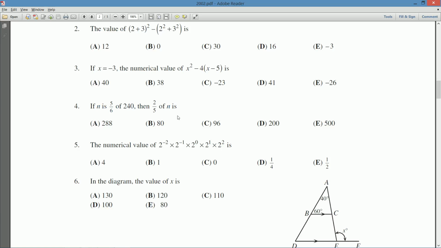Okay, so there's two ways we can go about this question. The first is we can figure out, well, n is 5/6 of 240. Well, what is n? And once we have n, then we can take 2/5 of that. Or, what we could do